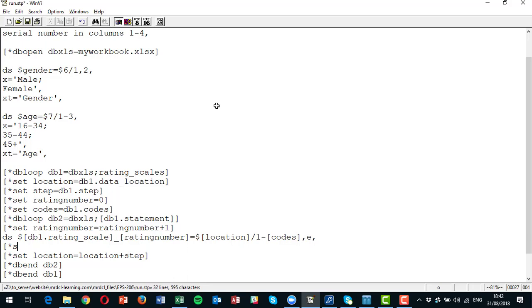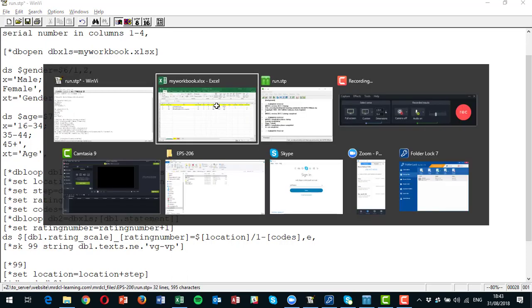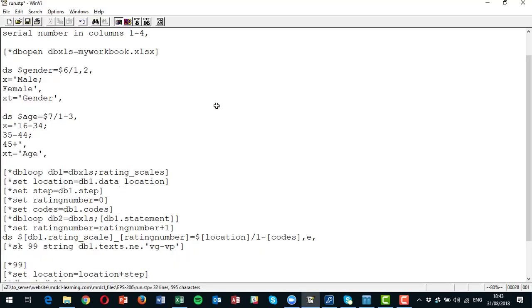So what I want to do here is call the labels dependent on which type they're being called. So I want to say skip 99 string db1.texts not equal to VG-VP, like that, star 99. So in here I'm going to put the texts. So I'm skipping this if they're not VG to VP, but if they are, I'm putting the text in as